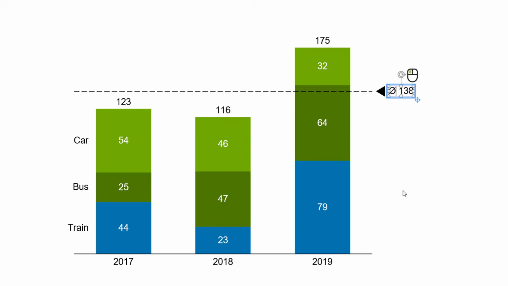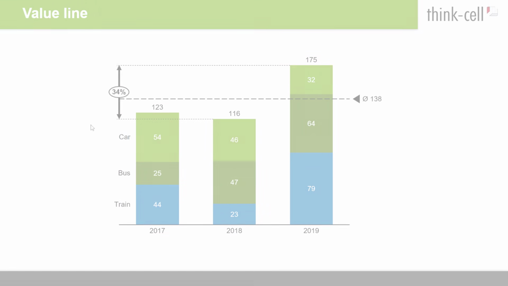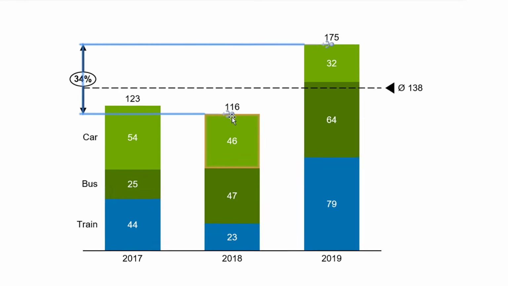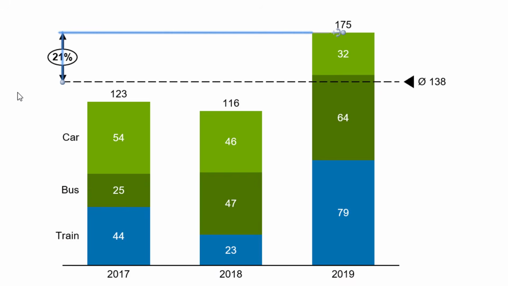As with all labels in ThinkCell, you can add custom text or replace the predefined text with your own content. To change the position of the label, hover over it, click on the drag handle, hold down the mouse button, drag to the other side of the chart, and release. You can add any number of value lines you like to your chart. A value line can also be used as an anchor for a level difference arrow to compare your data points with a certain value.